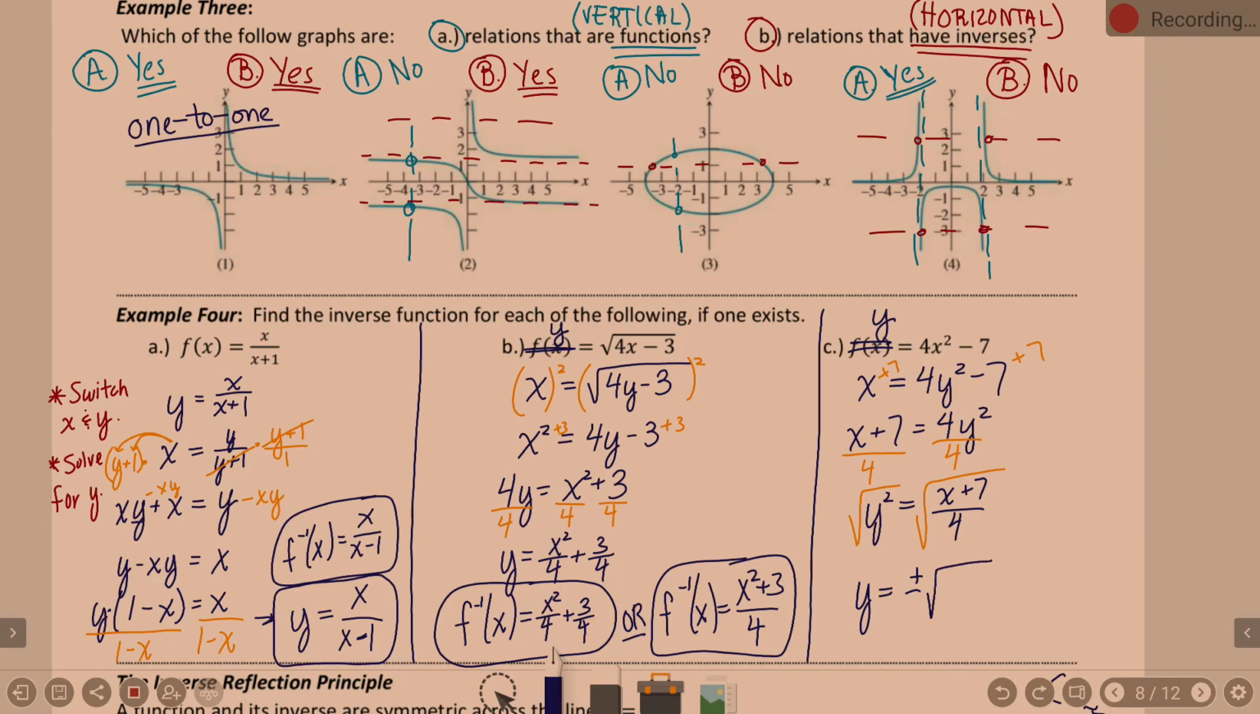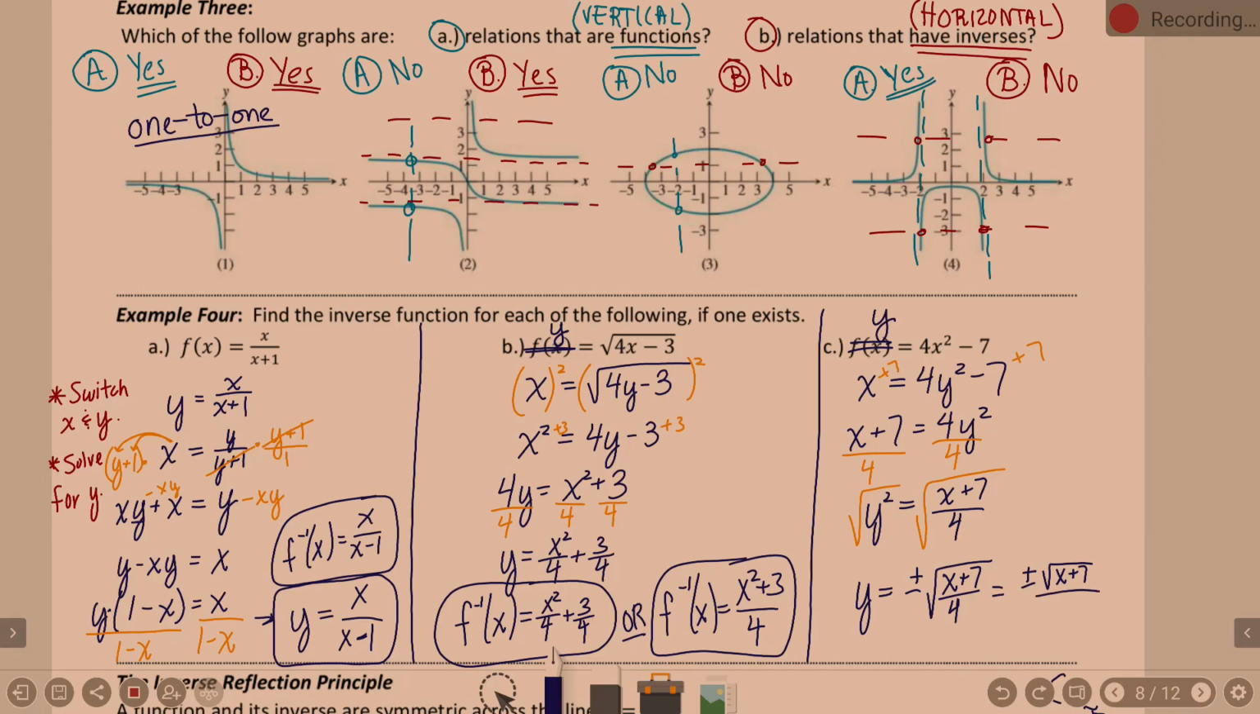Now, okay, we could say the square root of x plus 7 over 4. However, 2 things. 1, it's not usually considered proper form to leave a fraction under a radical. But 2, what do you notice about that denominator? The square root of 4 is 2. So another way to write this, plus or minus the square root of x plus 7